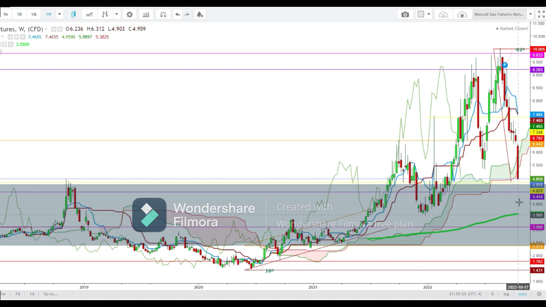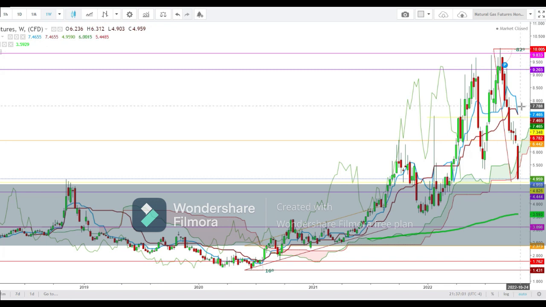So friends, here I find that this looks evident enough for this fall to continue, where the natural gas futures could retest this support at 200 days moving average in a weekly time frame if the natural gas futures are not able to hold the immediate support at the levels of 4.444. During the upcoming week, we'll see this fall continue up to the 200 days moving average, which is currently at the levels of 3.593. But here I find that if the natural gas futures are not able to hold this major support, we'll see this fall continue up to the levels of 3.080, from where a sharp bouncing move can be seen during the upcoming weeks.